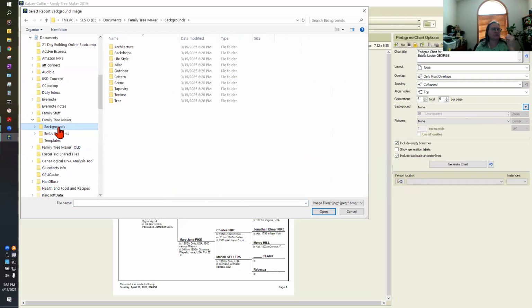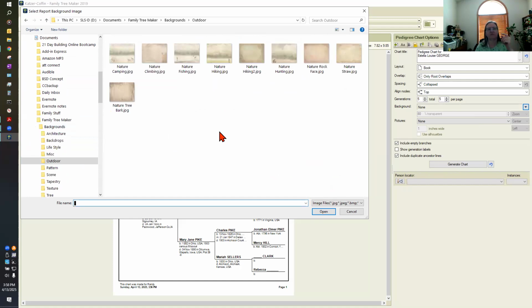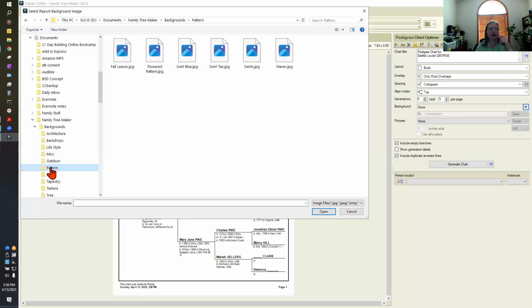Backgrounds. So you can see I could pick architecture, I could pick something from the outdoors. These are the built-in images that come with Family Tree Maker. So you can see you can make them pretty muted. You can look for a pattern